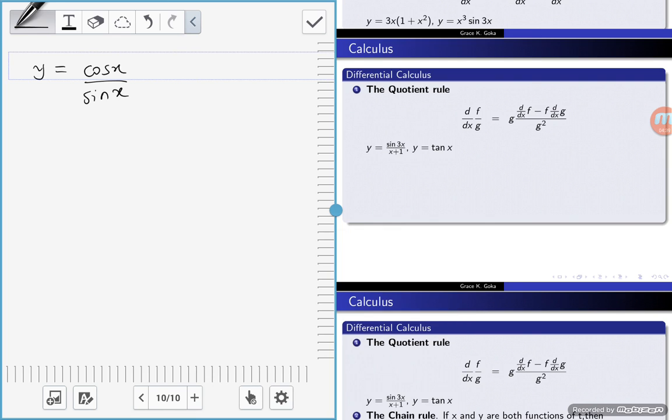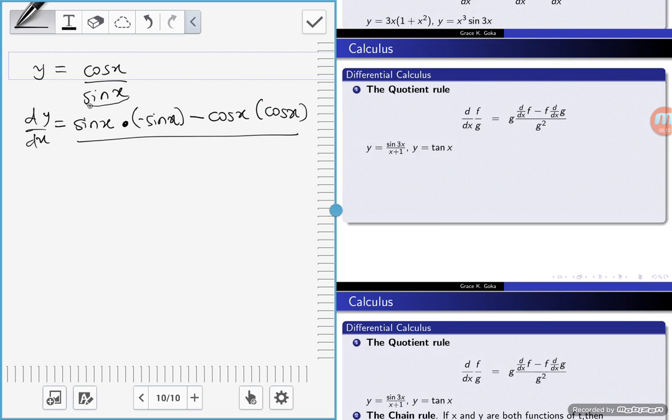This is in the quotient form, so it means dy dx is equal to keep the denominator constant, so we have sine of x times differentiate the numerator. If you differentiate cos x, you're getting negative sine x, then minus keep the numerator constant, so we have cos of x. Differentiate the denominator. If you differentiate sine x, you get cos x, all over the denominator squared, so sine